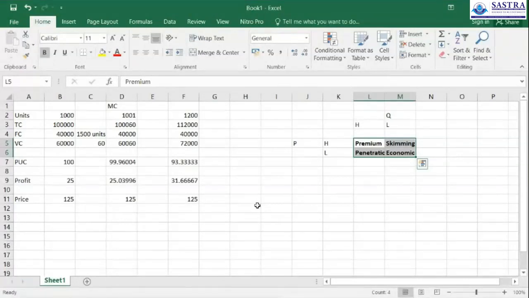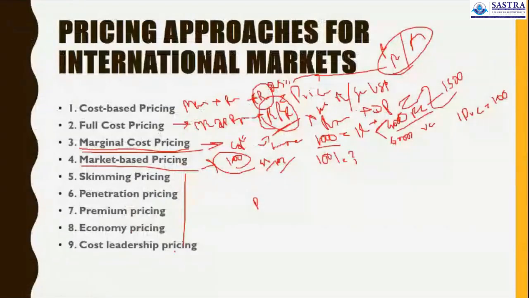And we can take economic pricing. The product is also low quality, and it is available at a low price. That comes under economic pricing. You can take the example of China manufactured products, electronic goods, everything that comes under the category of low quality products with a low price available in the market. So these are the classification of these four different types of pricing strategy.